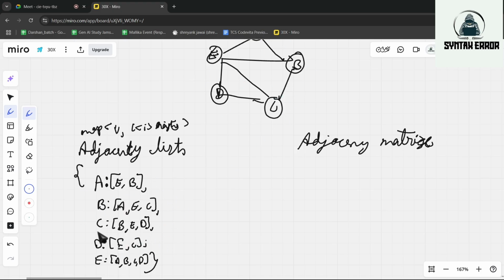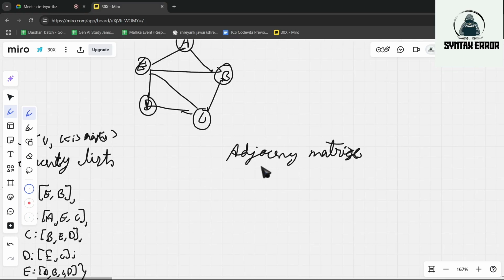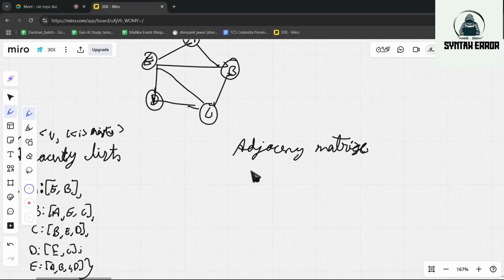So let's see how we will represent it using a matrix. When we come to matrix, matrix means it will be having rows and columns. So we'll take all our vertices A, B, C, D, E across rows and columns. Initially, all our diagonals would be 0.